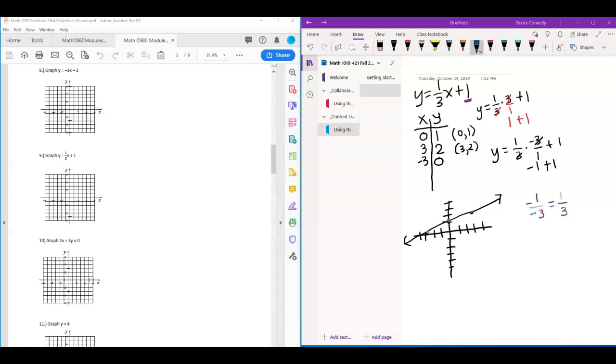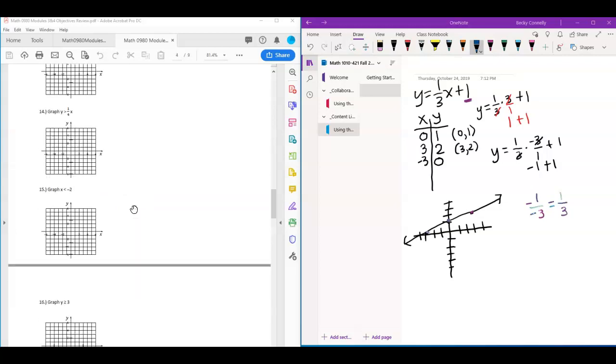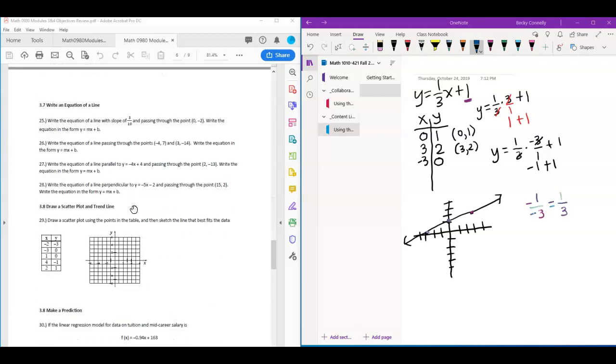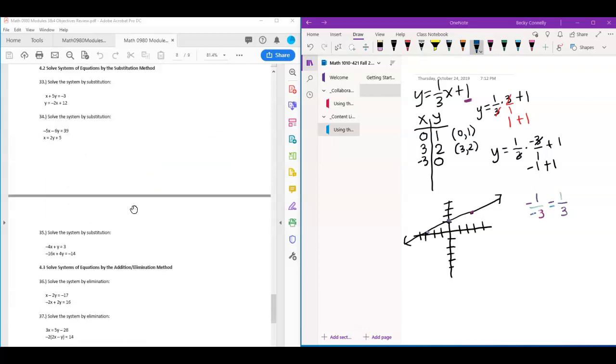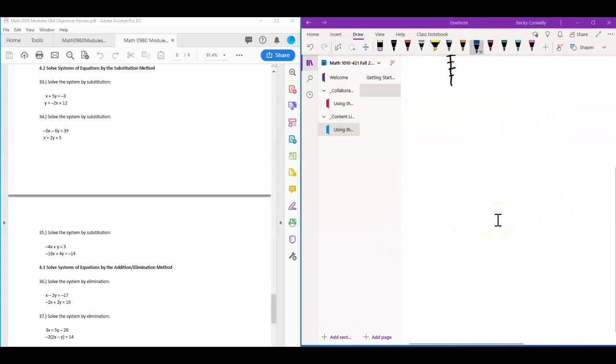We'll just start, maybe we'll do number 34, and it's solving the system by substitution. If we can, we'll talk about how to solve systems of equations using the substitution method as well as the elimination method, because it'll be good to know both ways on this. Okay, so number 34,